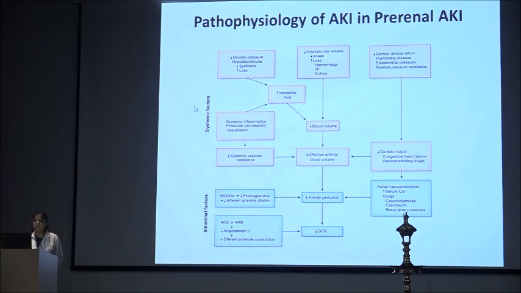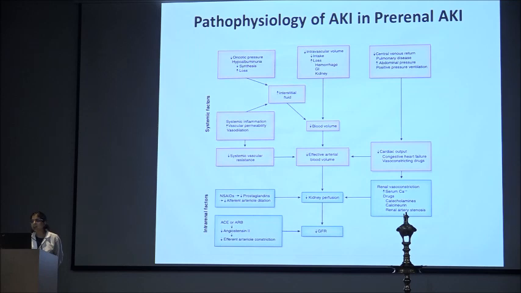These are systemic factors and intrarenal factors. Among the intrarenal factors, we know NSAIDs and ACE inhibitors/ARBs. These are the most common drugs which alter the renal hemodynamics, causing decreased renal perfusion and thus leading to a decrease in the GFR. What happens with the systemic factors: when the oncotic pressure goes down due to